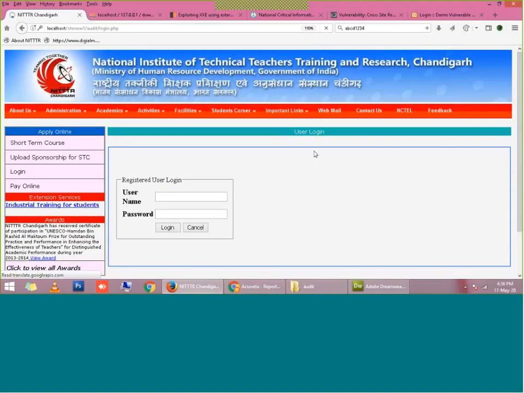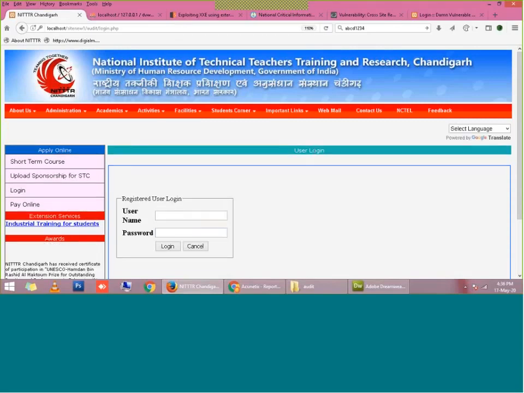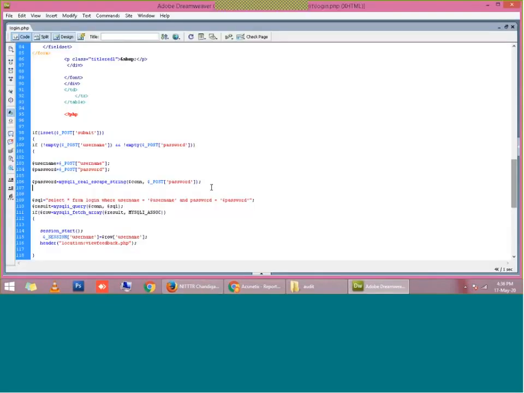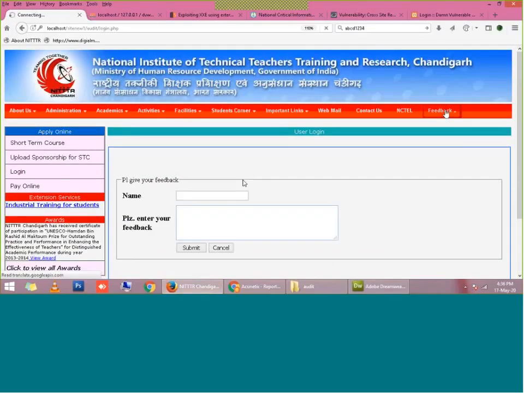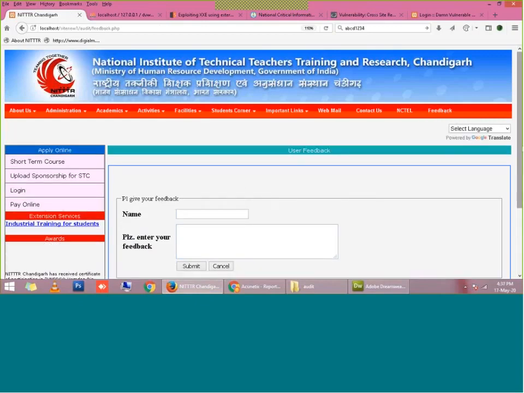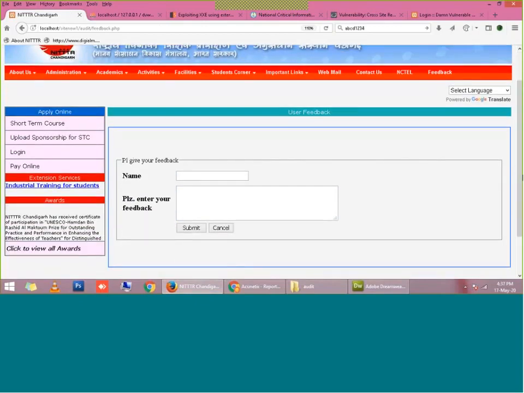So it is not big work or a big thing. Your developer must be aware of how to handle and take care of these attacks. Just a single function of a few characters, a few words, can protect your site from SQL injection, right? Similarly, for protecting your site from cross-site scripting,